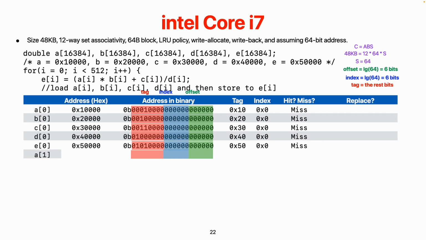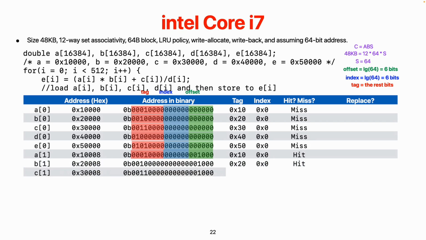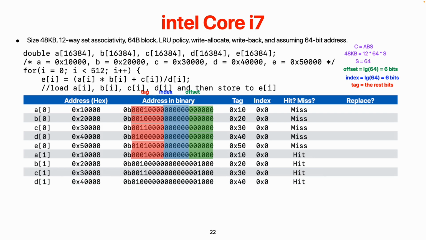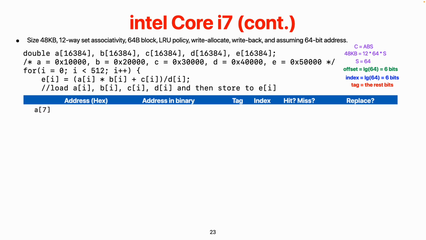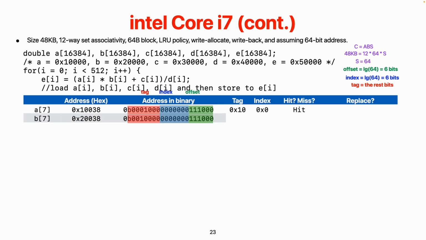So when we access A1, this is going to be a hit. So this is the magic, right? Sometimes people love Intel processors for a reason. Even though the frequency of an Intel processor is not faster, you still get better performance because memory is the big part, right? So now,